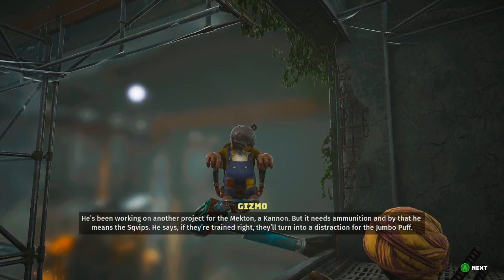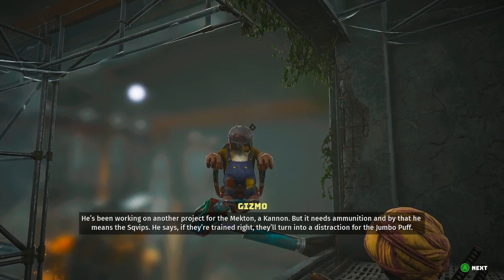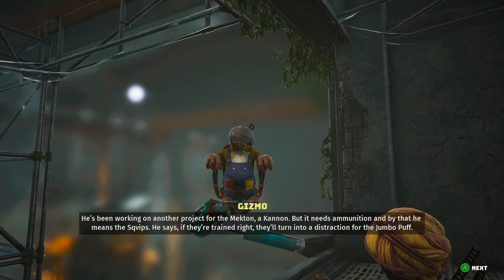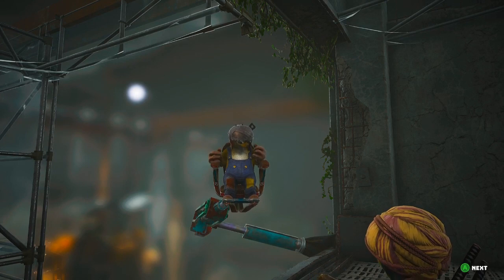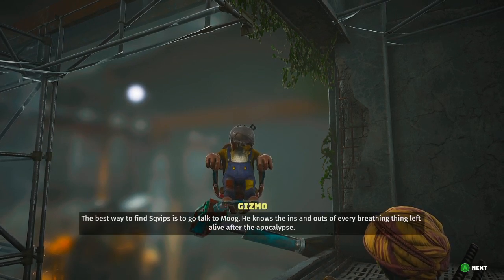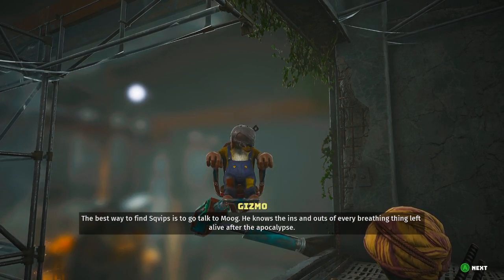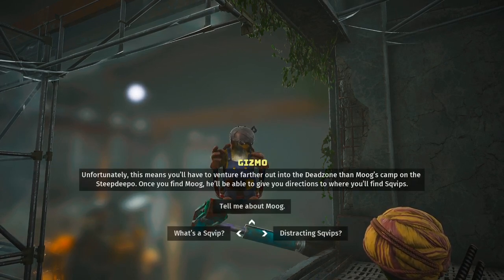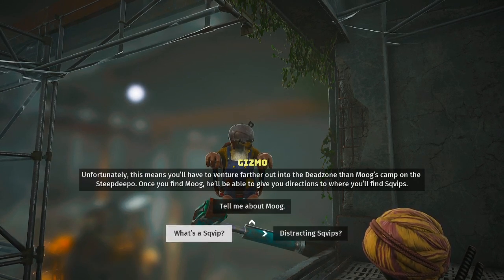He's been working on another project for the Mekton, a cannon, but it needs ammunition, and by that he means the scripts. He says if they're trained right, they'll turn into a distraction for the jumbo puff. Oh, that's very dark. The best way to find scripts is to go talk to Moog. He knows the ins and outs of every breathing thing left alive after the apocalypse. Unfortunately, this means you'll have to venture farther out into the Deadzone than...